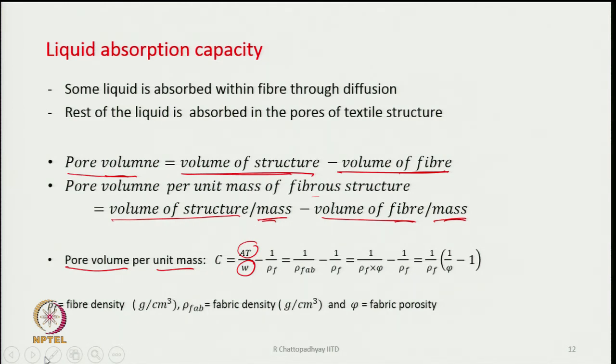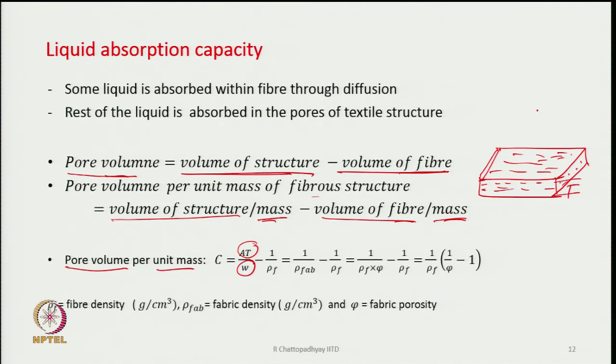So, if we think of a rectangular structure of non-woven, then AT becomes the volume and W is the weight of it. So, AT by W becomes the total volume of the structure as a whole per unit mass. That means, we are thinking that we have an assembly of fibers which is rectangular like this, and it consists of a lot of fibers. And this is what is your T, and the total area of this is actually A. So, A into T becomes your volume,